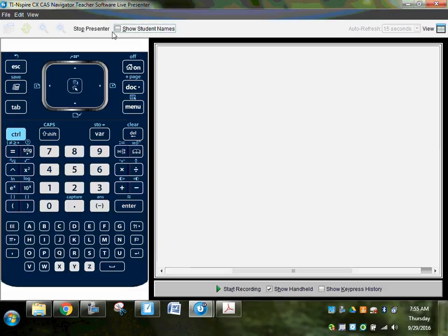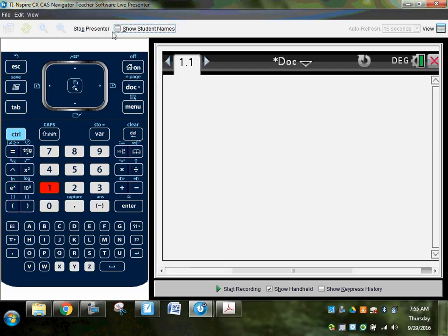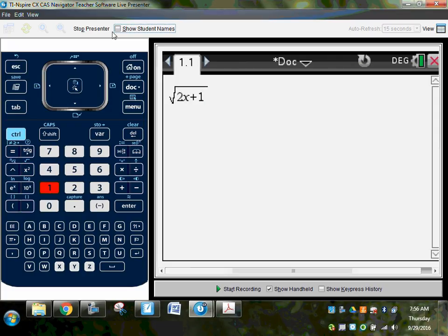Go in and do this. Go to a document. You're going to go to Add Calculator. And now you're going to do this. Type in what the original question is. So put in the square root of 2x plus 1 in the radicand. Get out of that. Plus 2 equals